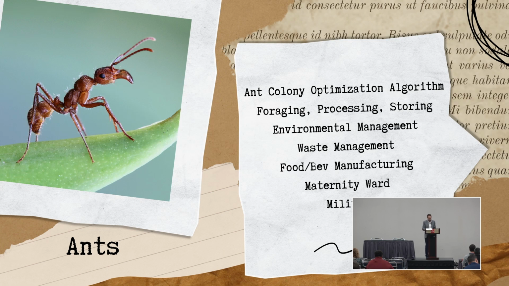And ants have been studied extensively for the ways that we can adapt lessons from them. There's literally an algorithm already created that's been patented called the ant colony optimization algorithm. And it's been leveraged in a lot of industries. Many delivery organizations use ACO to improve their routes from stop to stop. Because the way that this works is ants, when they go out and they're foraging, they're using pheromones just like bees. So it's a chemical messaging that they're emulating. These resonate in the air.